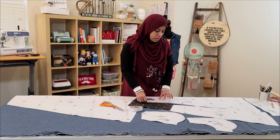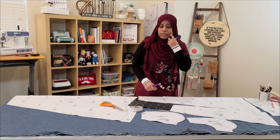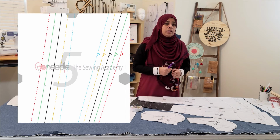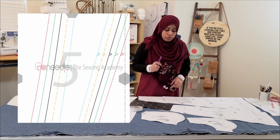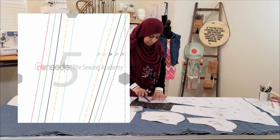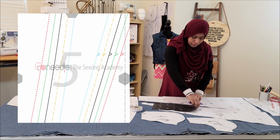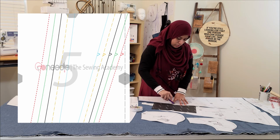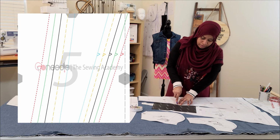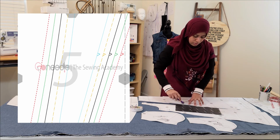One more thing you must mark is, if you take a close-up look at your design, you will see notches which will help you when you are sewing your garment. You must mark those notches with the graphite marker. So now there is a notch, so I am going to stop there, go across and mark that, and all along you should